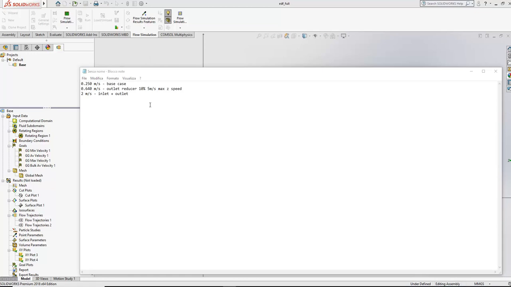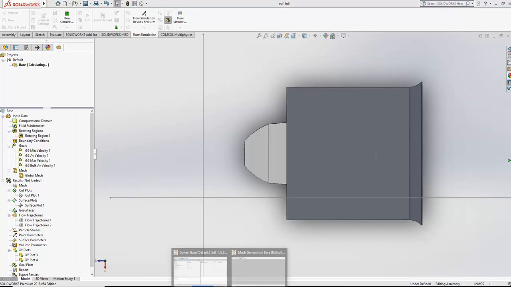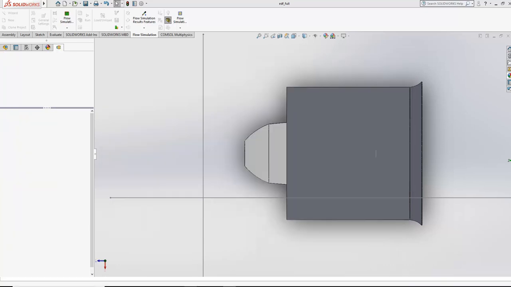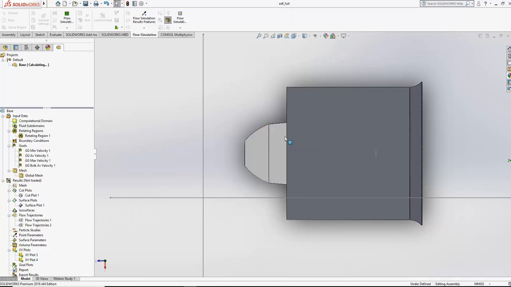And now we see the inlet only. This is very simple, but the most important thing of this video is that you have to take into account